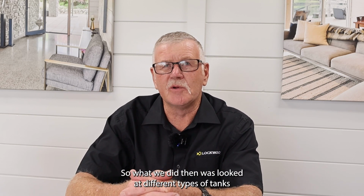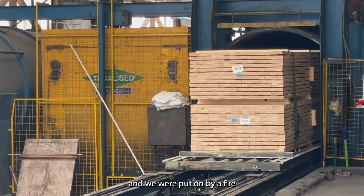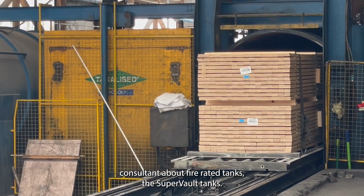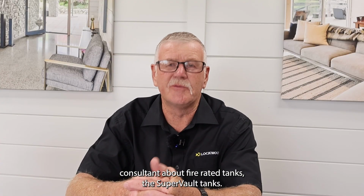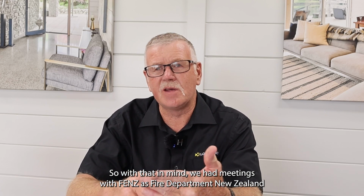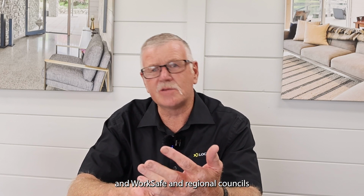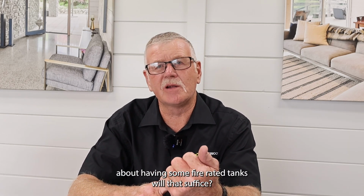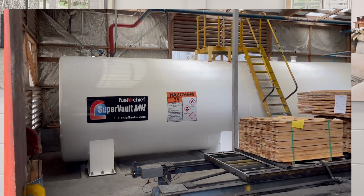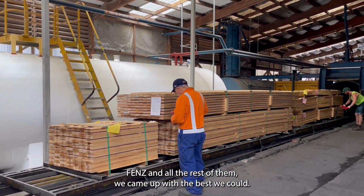So what we did then was look at different types of tanks, and we were put on by a fire consultant about fire-rated tanks, the SuperVault tanks. So with that in mind, we had meetings with FENZ, Fire and Emergency New Zealand, and WorkSafe and regional councils about having some fire-rated tanks. Will that suffice? And after lots of meetings, with Fuelchief, FENZ and all the rest of them, we came up with